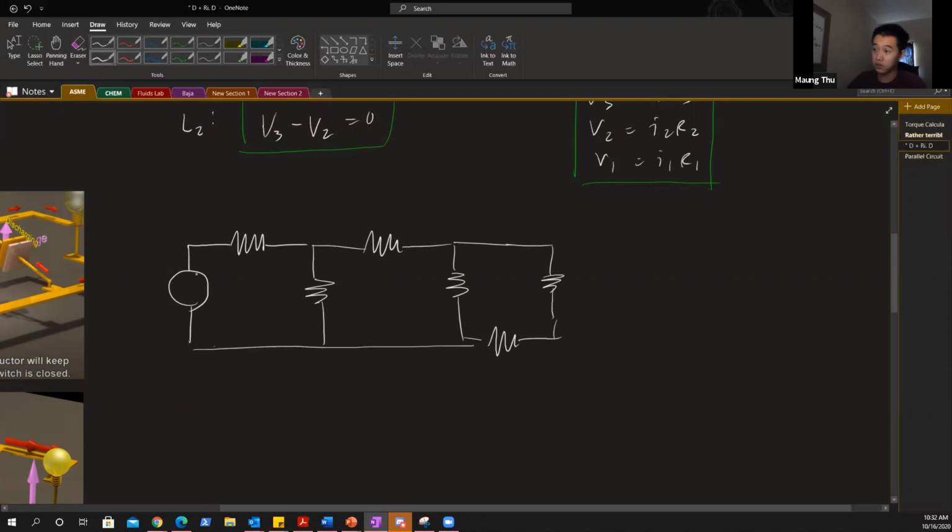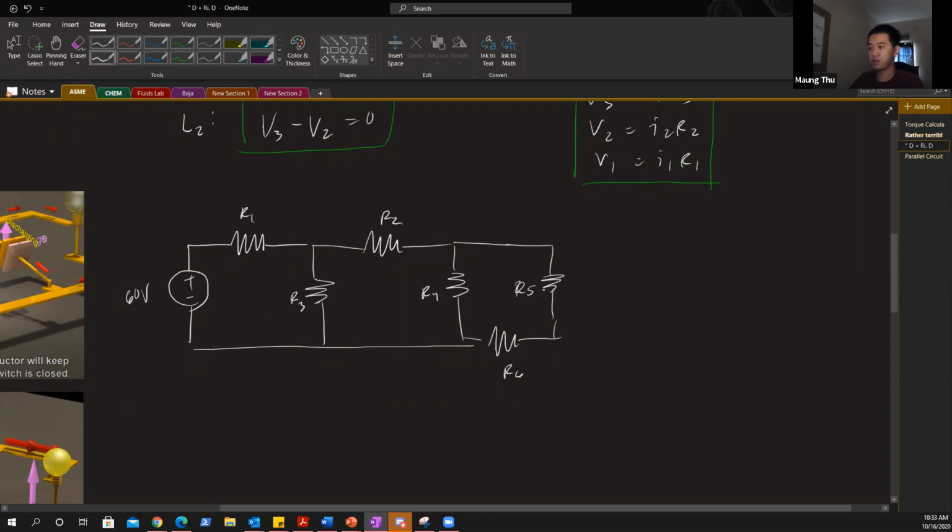All right, so resistor 1, resistor 2, resistor 3, resistor 4, resistor 5, resistor 6. Okay, so you have 6 components. This can look very daunting at first, right? But remember,